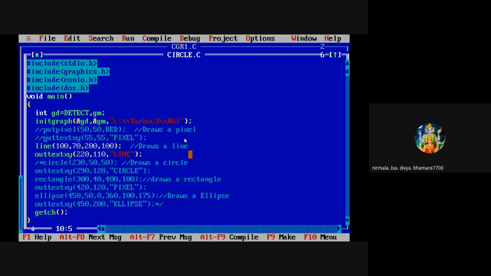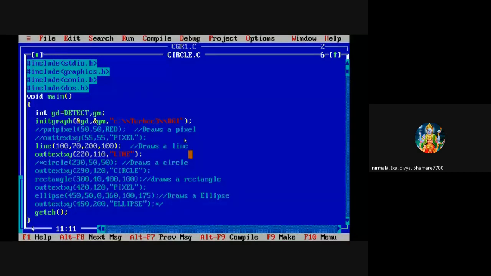So what changes will I make? 100, 70, this is the starting point.